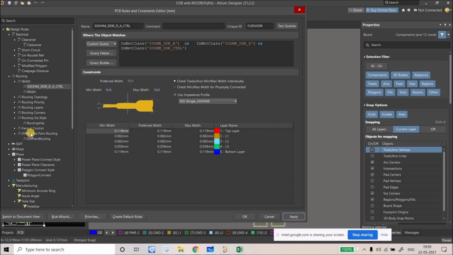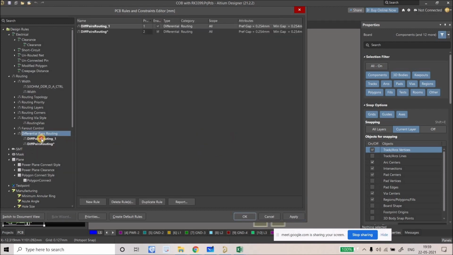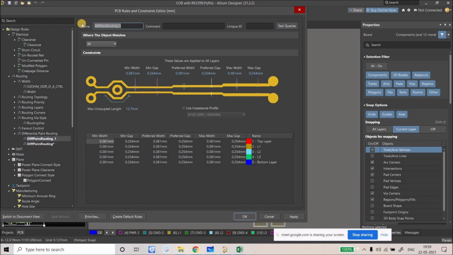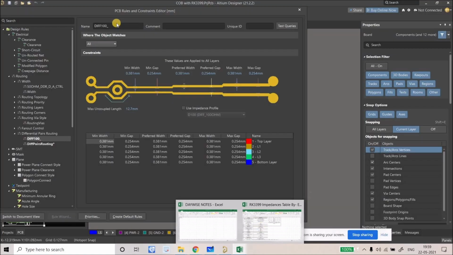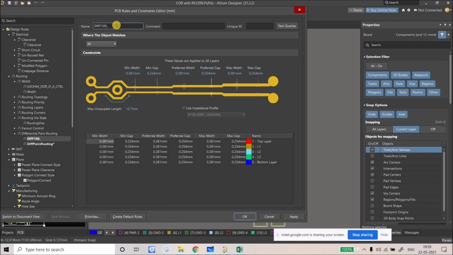For differential, you can see this one here. You have to add another rule. Because all the differential pairs are 100 ohm for LPDDR4, this will be 100 ohm. What are these? One is clock, one is DQS. That's it, right? DQS and clock. So let's do that as well. This will be for clock and DQS, right? From the name itself, you'll understand these are the things. And here you have to select the differential pair class,